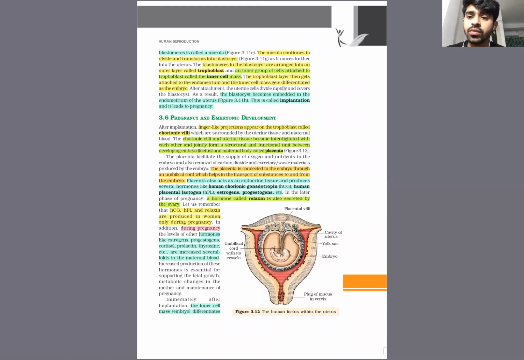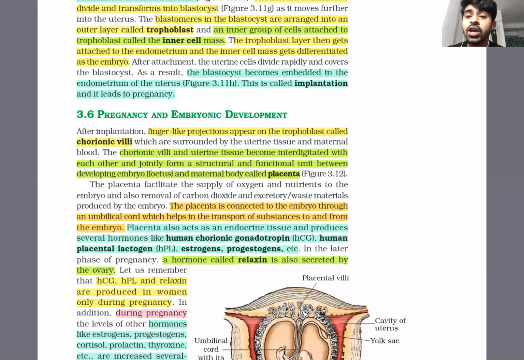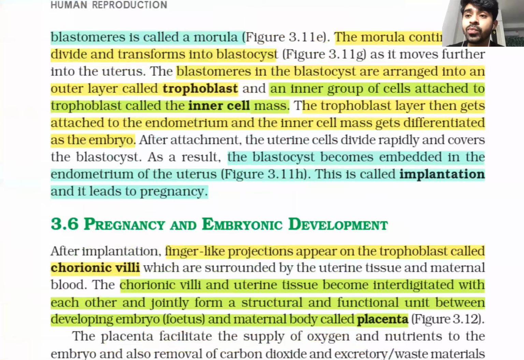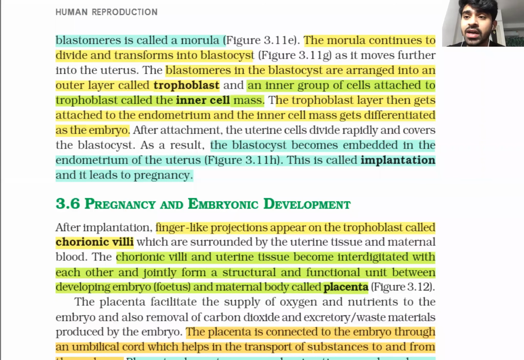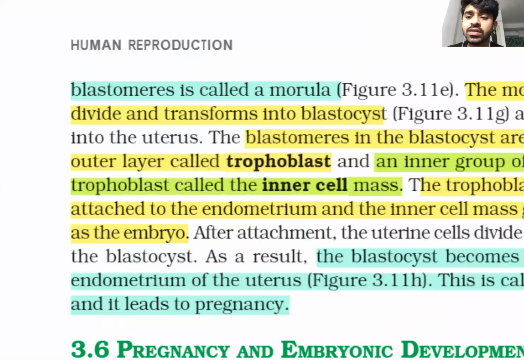So the next thing that you have to remember, now you will perform from NCERT, which will help us to understand each and every line. I will mention a little bit more on the inner cell mass, because inner cell mass is also important here. And I have discussed the concept of blastomeres. Yes or no? Please tell me, what is blastomere?